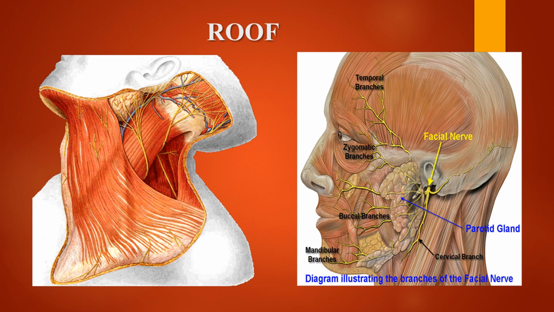So roof, in any triangles, when you go from outside to inwards, we will be first telling the skin as the superficial structure. Yes, here in this diagram we have reflected the skin. So soon after reflecting the skin, the first structure we will be appreciating is the superficial fascia. Here, along with the superficial fascia, there are other structures also present. That first one is going to be the platysma muscle. This whole lot is going to be the platysma muscle.